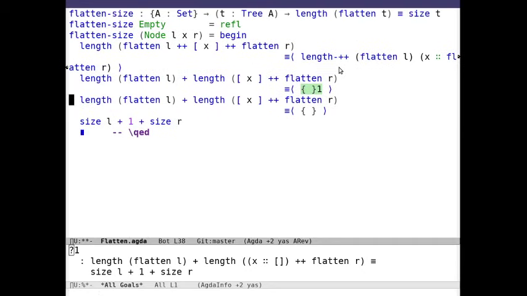Length of flatten L plus length of the list of just x plus length of flatten. Yeah, exactly. So we want to basically apply that lemma again on that inside part. I still have length of something plus something. So I want to show, I don't know if I need parentheses there, probably